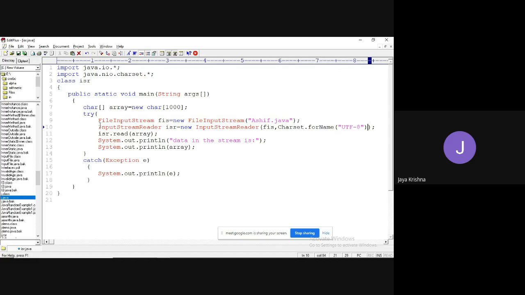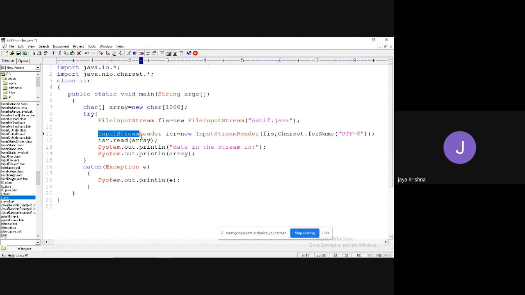Guys, observe one thing. I would like to show some difference here. Here I have set the character encoding mechanism as UTF-8. I would like to show another case where I am not going to set anything. This is ISR1, this is ISR2. I'm not passing anything here, but here I am passing the same.